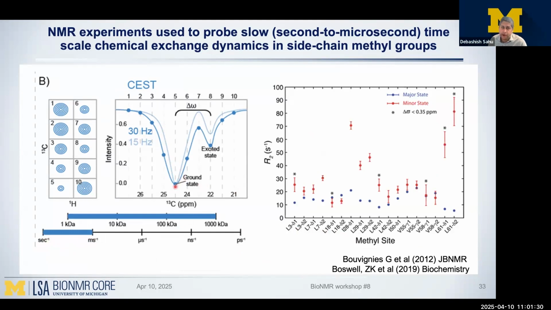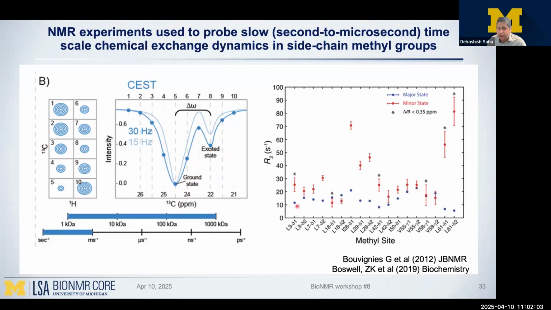So basically, there is a ground state and an excited state, and there's an equilibrium between them. And this excited state is very lowly populated, could be even as low as 0.1 to 1%. And you can actually run the CEST experiment, a bunch of 2D experiments collected at different points for your saturation values, and then you will fit that. It gives a bunch of signals that you fit, and you can get the population of your ground state